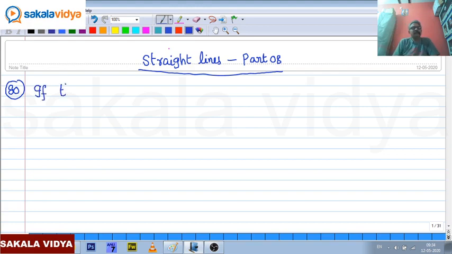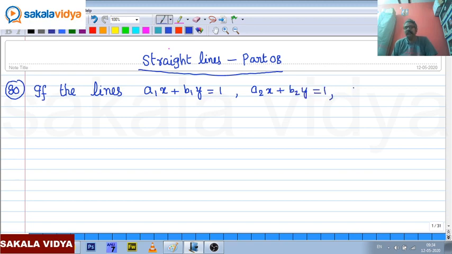If the lines a1x plus b1y equals to 1, a2x plus b2y equals to 1, a3x plus b3y equals to 1